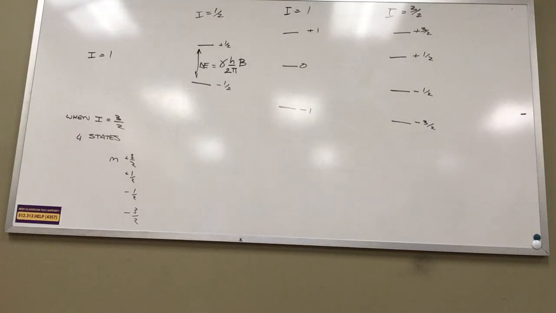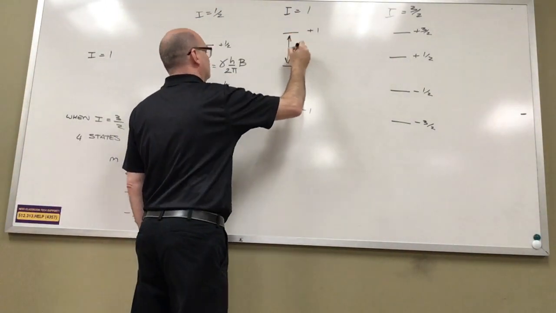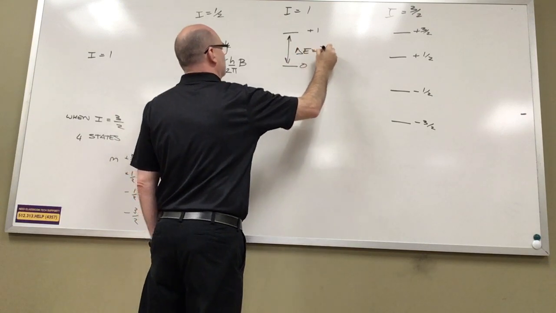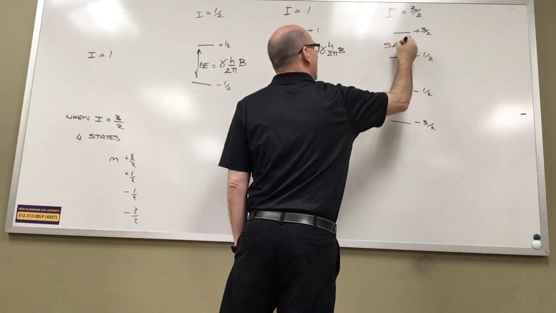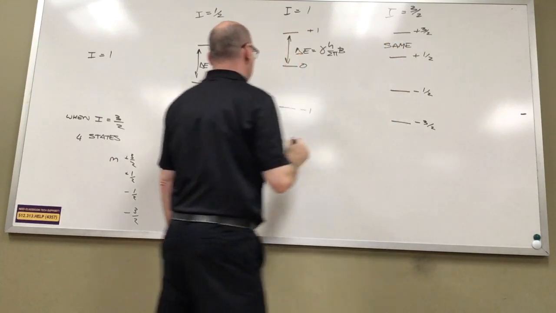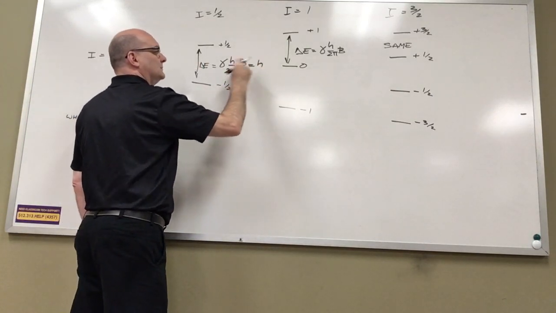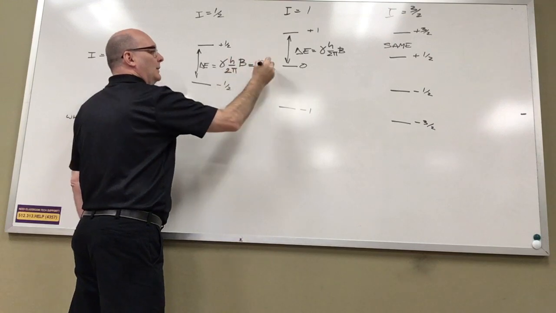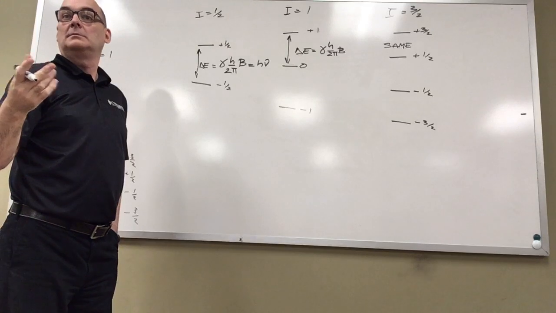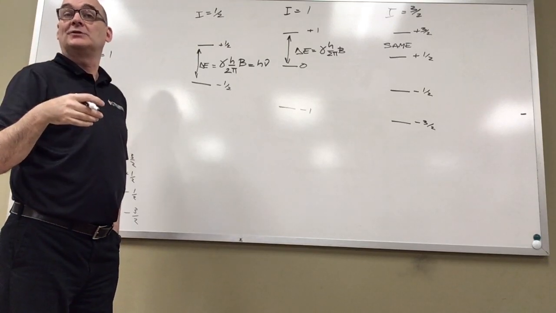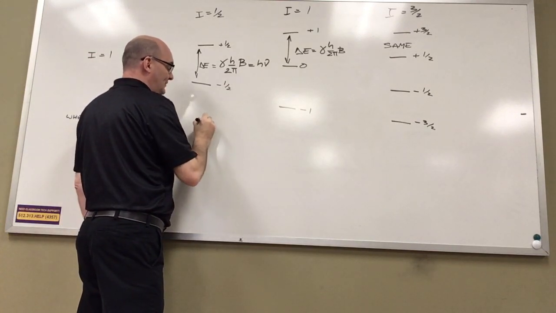If we do a little bit of rearranging, it's the same for all of them. Delta E also can just be written as h nu. E equals h nu, that's where Planck's constant came from in the first place. So we can rearrange this to